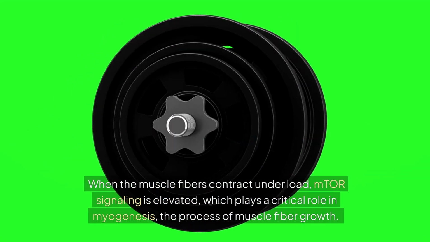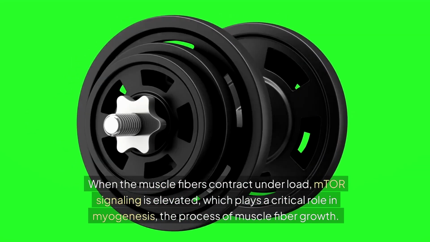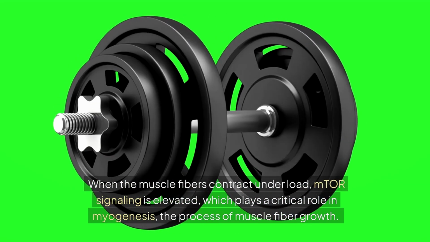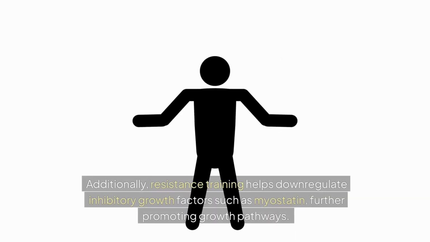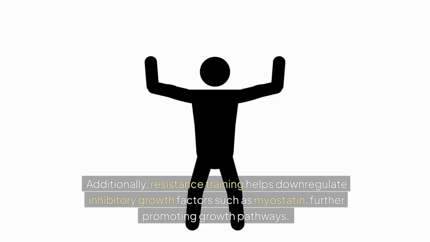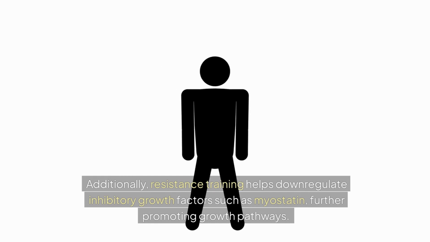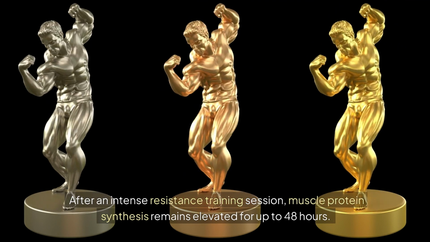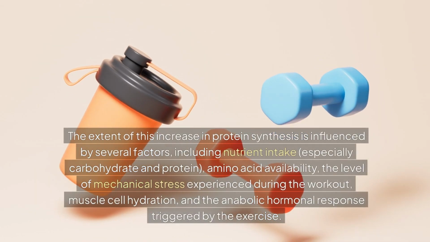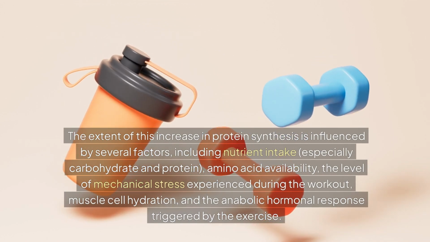When the muscle fibers contract under load, mTOR signaling is elevated, which plays a critical role in myogenesis, the process of muscle fiber growth. Additionally, resistance training helps downregulate inhibitory growth factors such as myostatin, further promoting growth pathways. After an intense resistance training session, muscle protein synthesis remains elevated for up to 48 hours. The extent of this increase in protein synthesis is influenced by several factors, including nutrient intake, especially carbohydrate and protein, amino acid availability, the level of mechanical stress experienced during the workout, muscle cell hydration, and the anabolic hormonal response